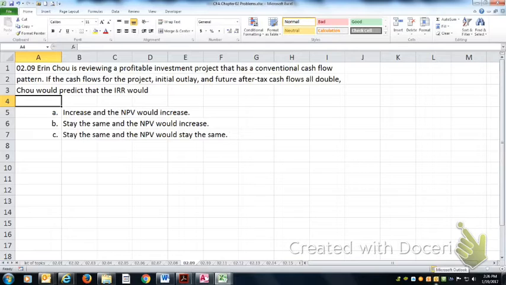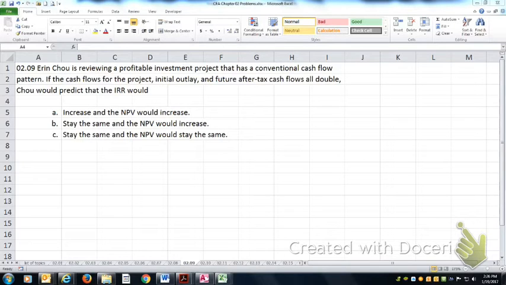A conventional cash flow pattern is a negative at time 0 followed by a series of positive numbers. So that's what we call conventional cash flows or normal cash flows. Non-normal cash flows will have one or more negative numbers out in time, 1, 2, 3, 4, out to n. So conventional or normal cash flow is a negative cash flow at time 0, and positive cash flows forever after. If the cash flows for the project,